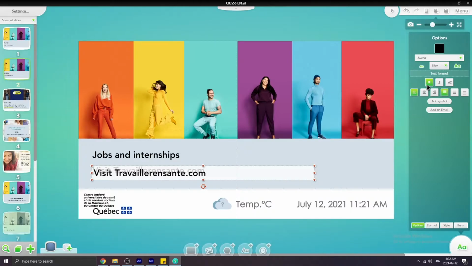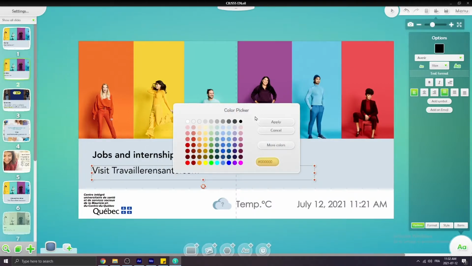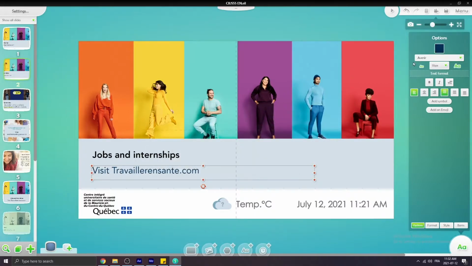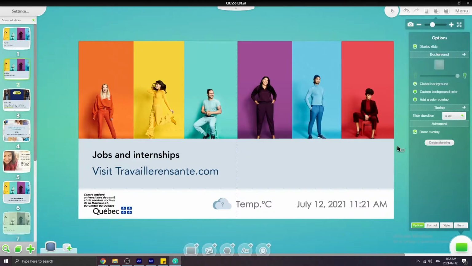And I format this new text. That's it. We just created an entire slide from scratch.